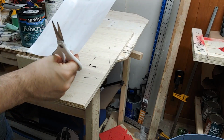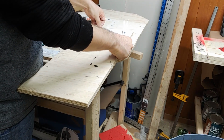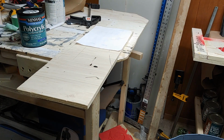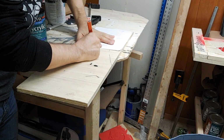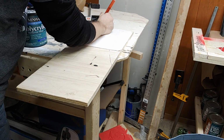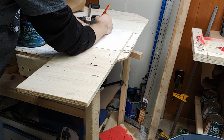I keep calling them ley lines because I've been playing that Civ 6 game and they have the expansion out for ley lines. So what I'm going to do is I'm just going to take a pencil. Imagine that I found my pencil on the first try. And just make sure I have a line here of where I want these to go. Okay, and I'm going to accentuate that line